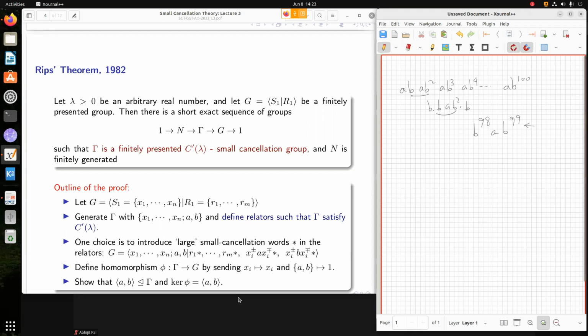This word is the largest piece in this context, and its length is what? Its length is say 198. So what is the length of this word? This is a much longer word, right? Its length is more than 5,000. So that is more than 20 times this length, right? So when we talked about this example, we said that this relator satisfies a small cancellation condition of C prime 1 by 20. Now, suppose we take this word and